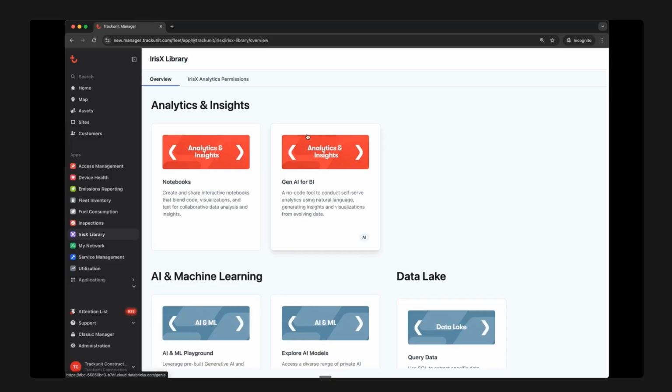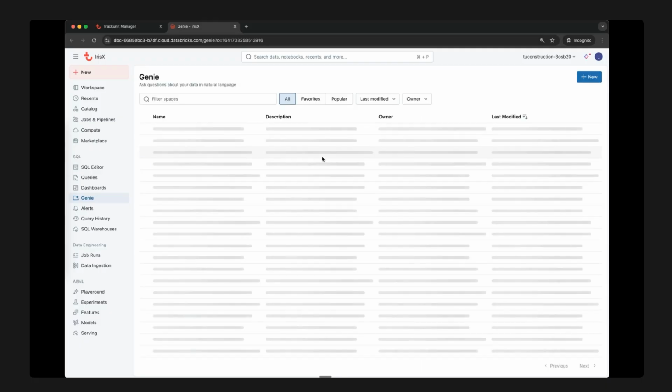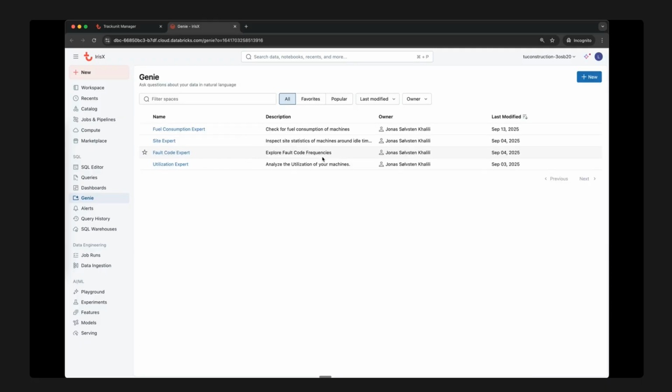What exactly is AIBI? The very essence of it, it's an AI-powered interface that allows you and your colleagues to ask natural language questions about your data to get to the insights and answers without needing to write code. As you can see here in the examples available, that can cover a variety of topics. That can be broad, so for example about sites here as a whole, or something very specific, in this case